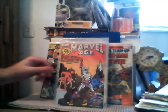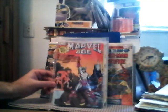These here are a mixture from both of the stores I went to on Saturday. Some of these are from the tent sale, and some of these are items I bought. Which was cool about my other LCS, because they had back issues 50% off, and they had 20% off toys. They just had a nice big sale that day, and both stores had a lot of people, so it's quite impressive. Okay, first off,